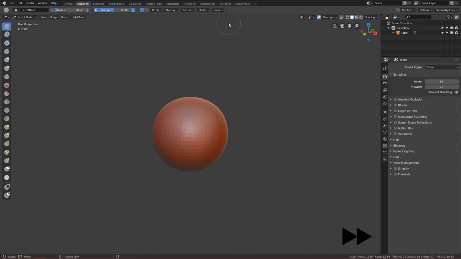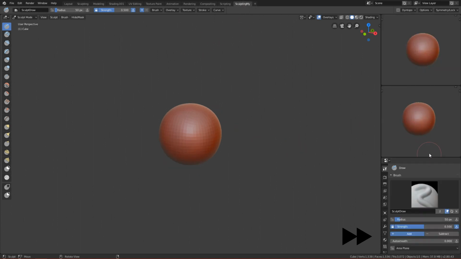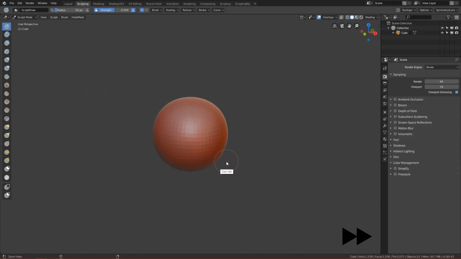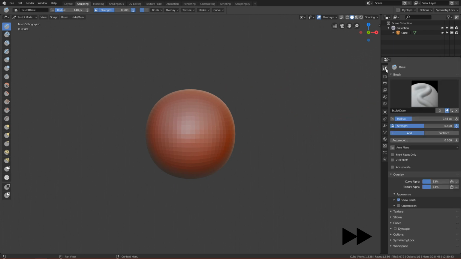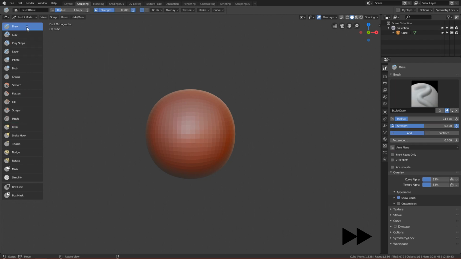I actually have my own sculpting setup, but maybe I will change it to the default so we will have the same, guys. So okay, first thing is the toolbar. You have the toolbar here, and basically here you have all the properties that are related to the current brush that you are using. On the left hand side you have the different types of brush, and each brush